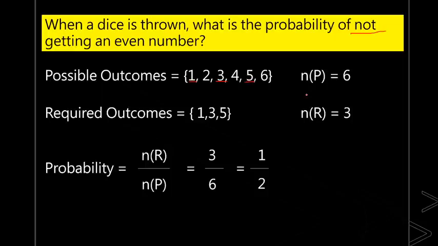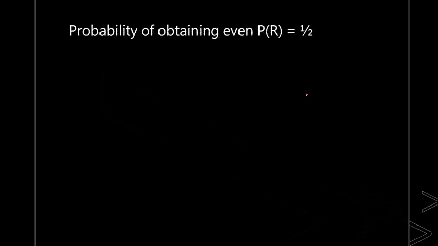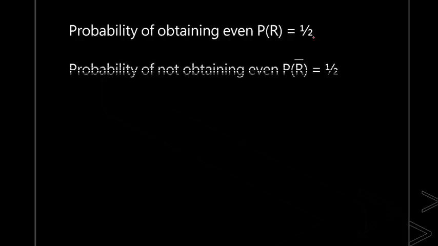Okay. So now if you observe something based on the last two problems, what was the first problem? Probability of getting an even number. Yes, probability of obtaining an even number was 1 by 2. The first problem which we solved. Second problem is probability of not obtaining an even number. If you look at it, both are opposites of each other. When you roll a dice, what will happen? You will either get an even number or it will not be an even number. Only this is possible, right?